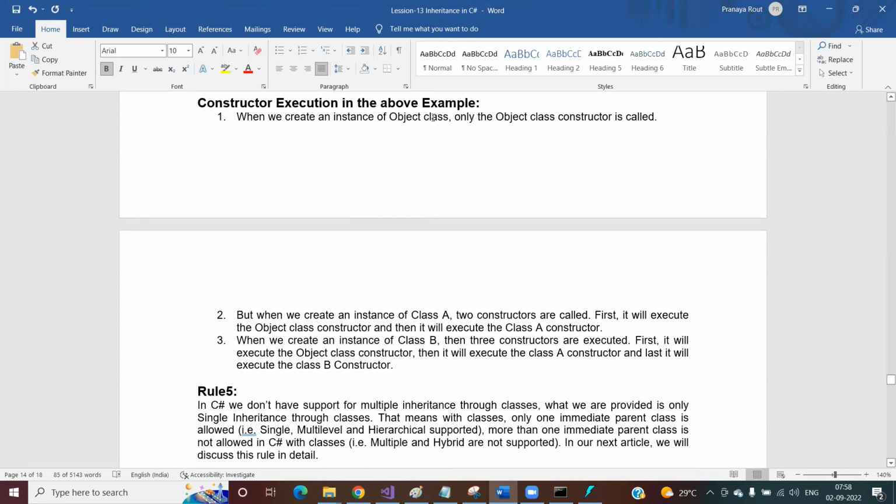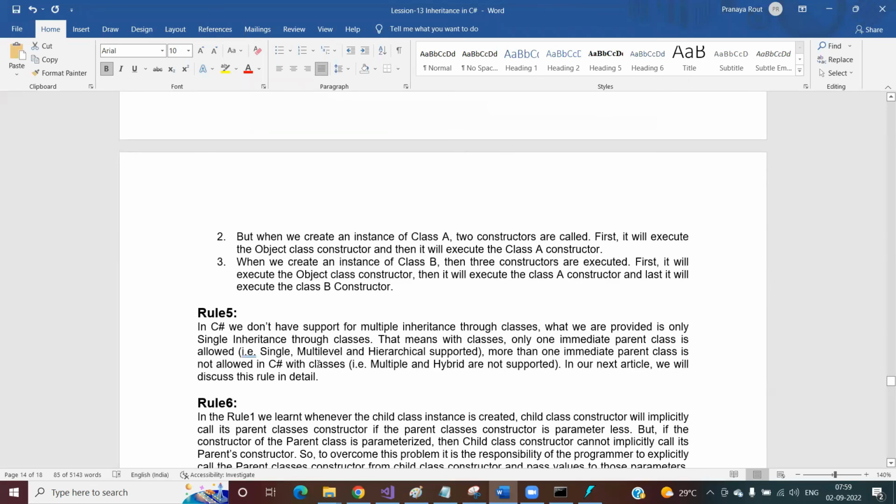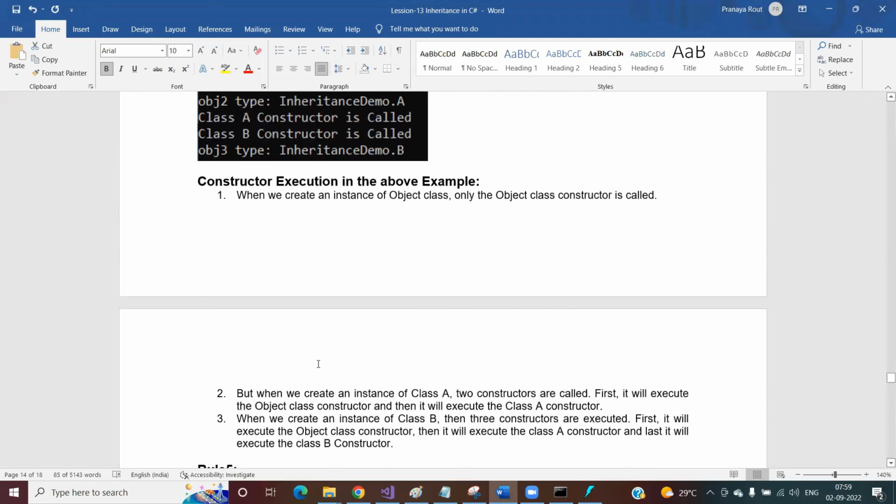Now, when we create an instance of the object class, only the object class constructor is called. But when we create an instance of class A, two constructors are called. First, it will execute the object class constructor, and then it will execute the class A constructor. When we create an instance of class B, three constructors are executed. First, it will execute the object class constructor, then the class A constructor, and last, the class B constructor. Is that fine? That is how the constructor execution takes place in inheritance,